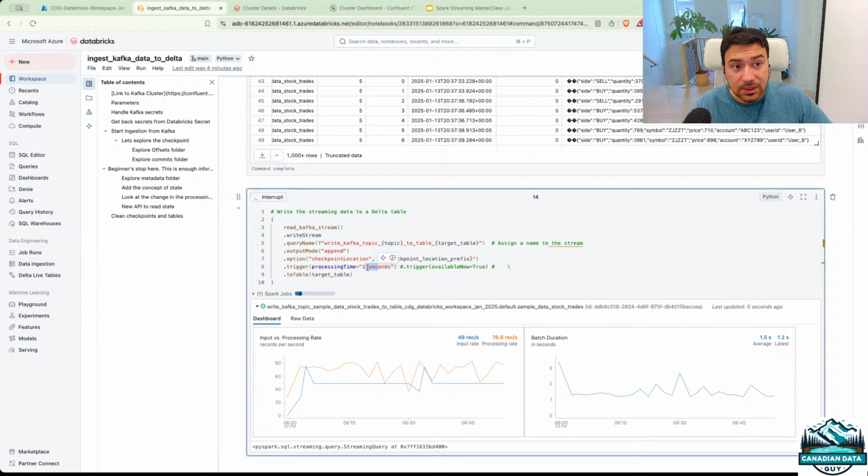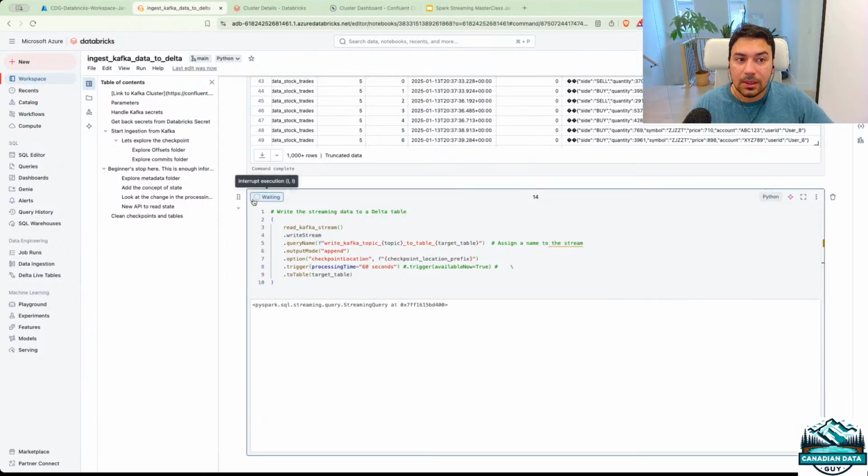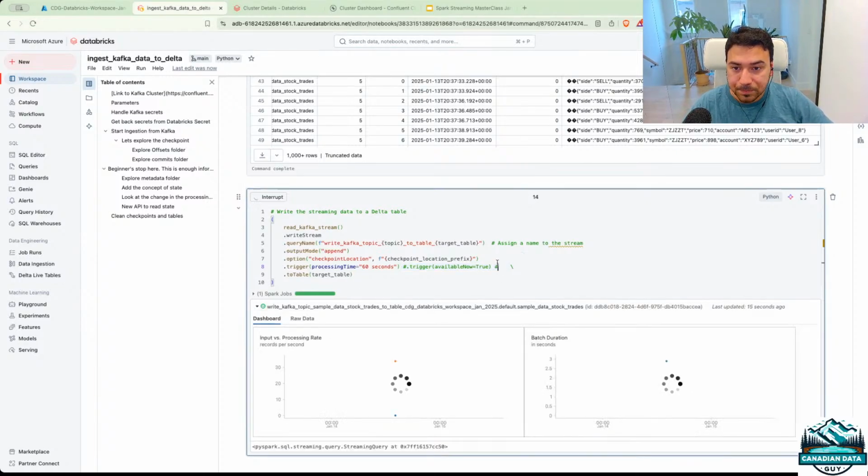So here is processing time 2 seconds. You can change this. You can say, hey, run every 60 seconds. If you are in the second range, it makes sense to do processing time. And then originally I told you, you don't have to run your streams all the time. You can decide to write your code, but not have this pipeline run all the time. And the way you do that is you set this parameter, which is dot trigger available now equal to